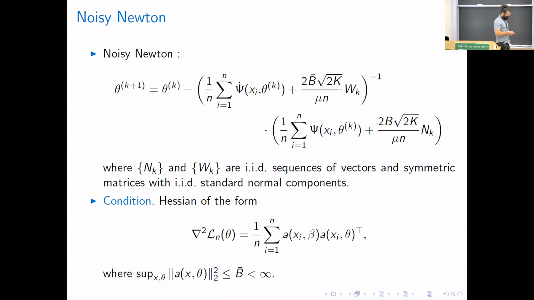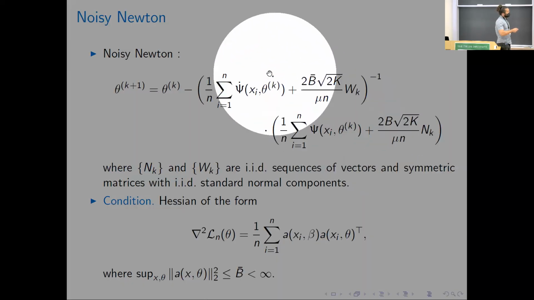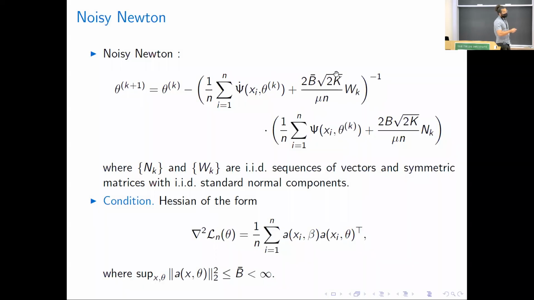Okay, then once you have that, what we do is quite simple. Use a Gaussian mechanism here on the gradient part, and you use kind of a matrix Gaussian mechanism on the Hessian as well. And here it is crucial that the gradient, the function psi, is bounded both in the x space and the parameter space theta, which, for example, in the loss function I showed you before, that is true. Okay? Take the derivative there, that will be true, and we are writing here b and b bar as the bounds on the gradient psi and on the Hessian function.